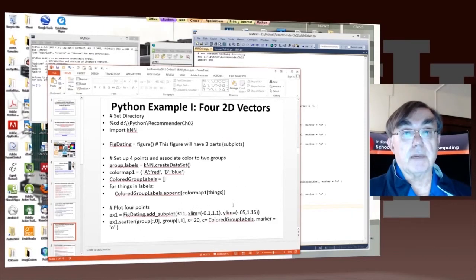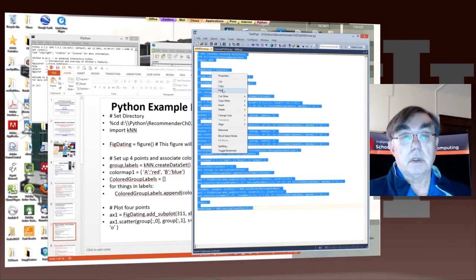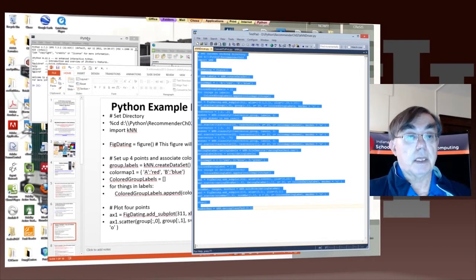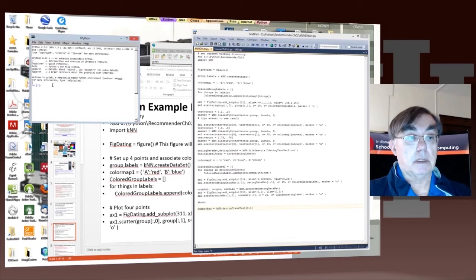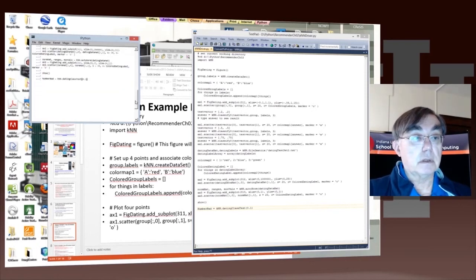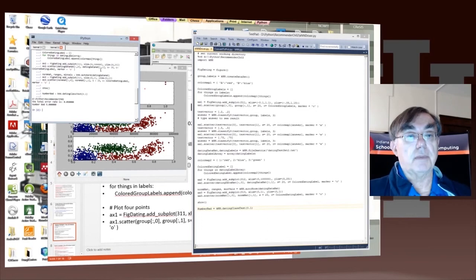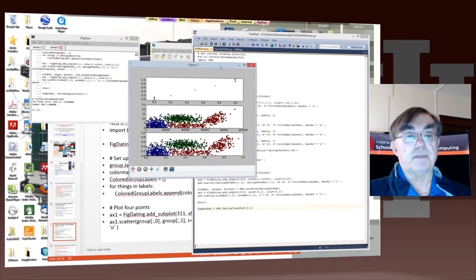Let's now go and actually run that Python. So to run the Python, we go to the file knn driver.py. We copy it, and then we paste it into the IPython window. Hopefully there are no errors. No errors. And then we do 2 returns. It thinks for a little while and then produces a result, which is shown here,